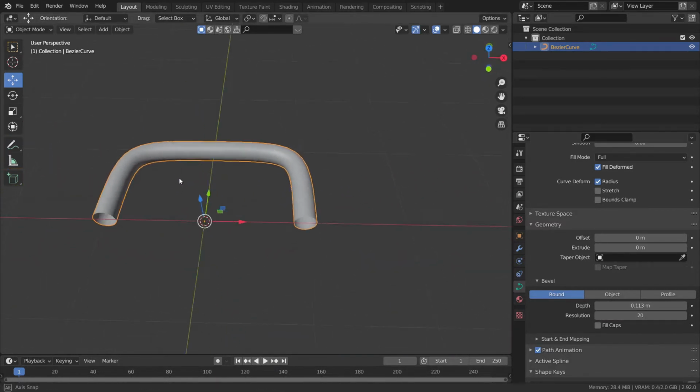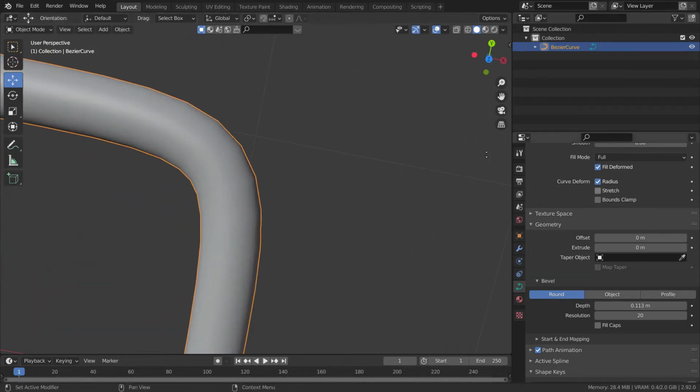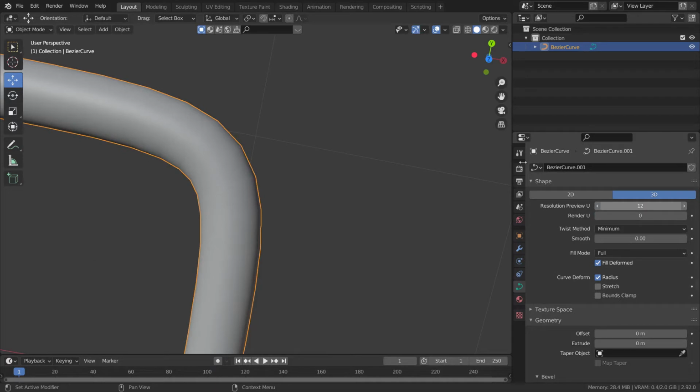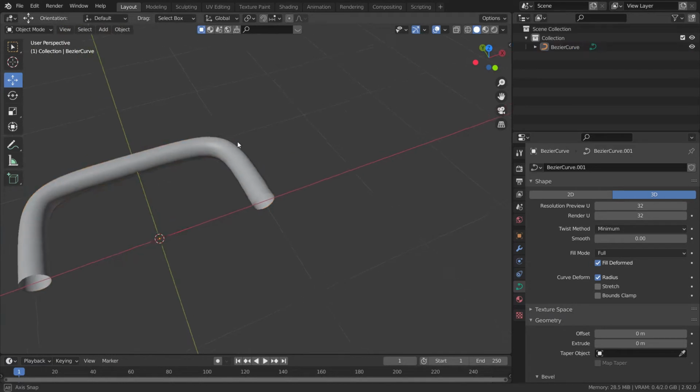Yep, you won't even notice that. And also, for the resolution of this curve over here, you can increase it over here. And then I think resolution, preview and render, keep this both at 20, or you can also increase it to somewhat like 32. Yeah, 32 looks way smoother.